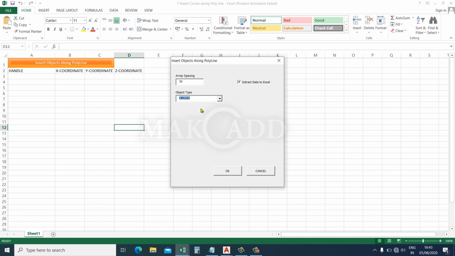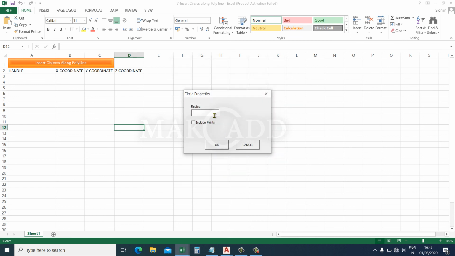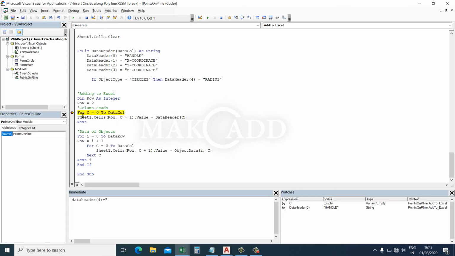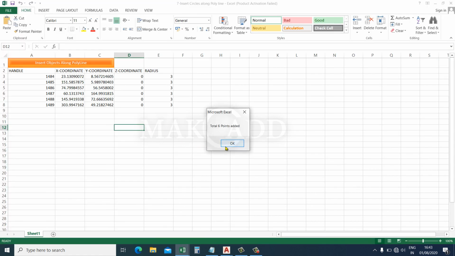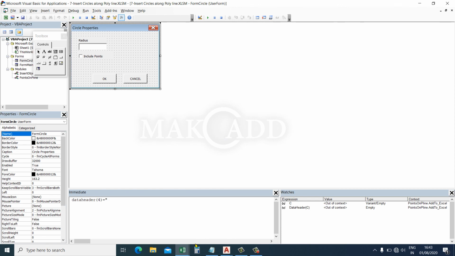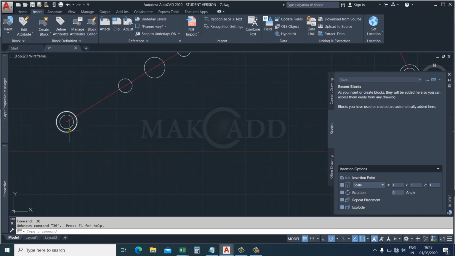Circles. Okay. And radius 3. Include points. So remove the breakpoint we added before. Total 6 points is added. So it's okay, because last we chose.